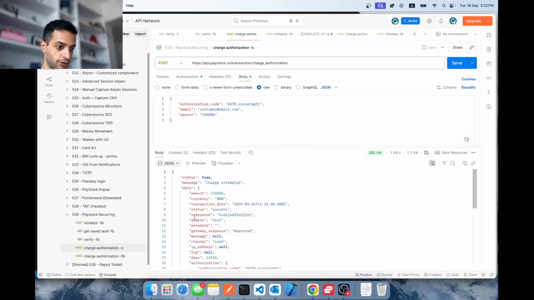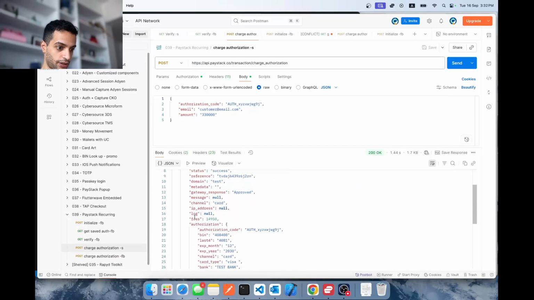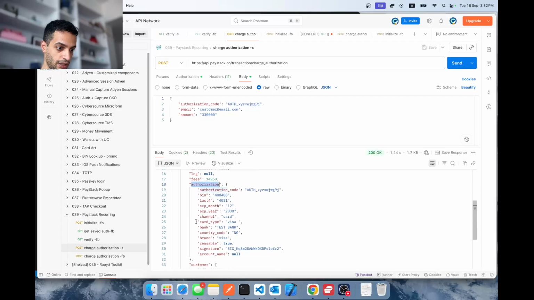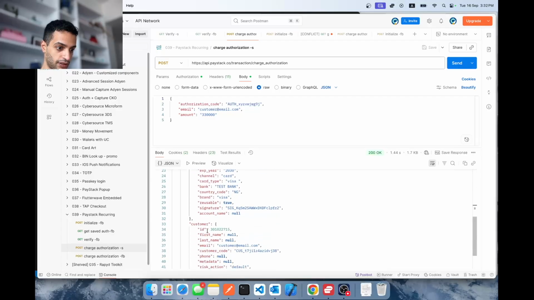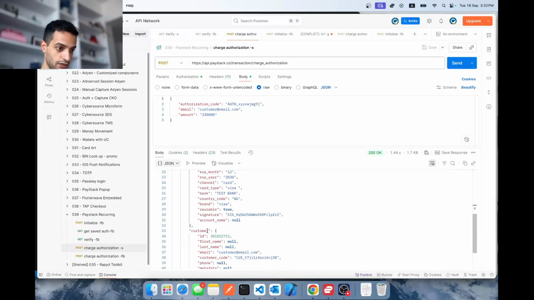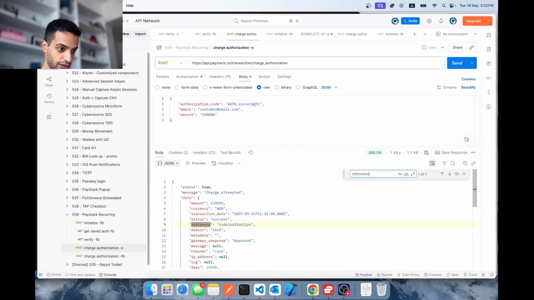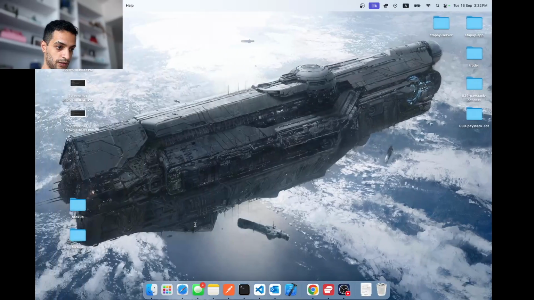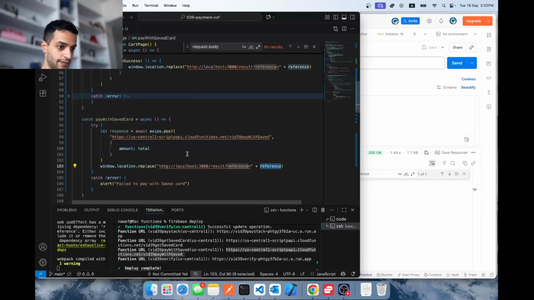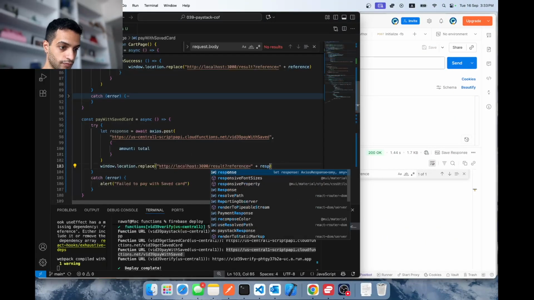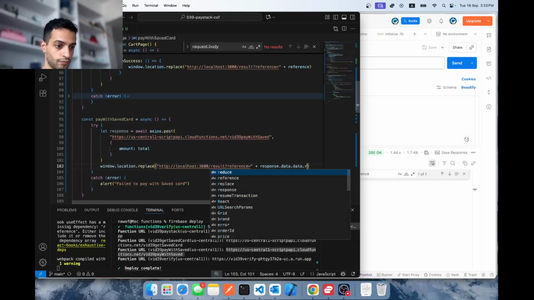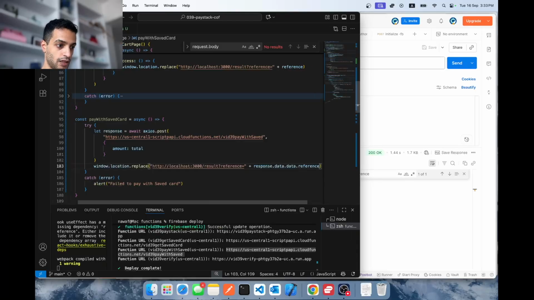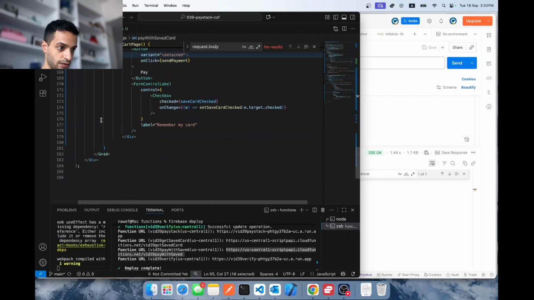So that would come under charge authorization, and then not authorization. Where is it? Reference data dot reference. Use this here,